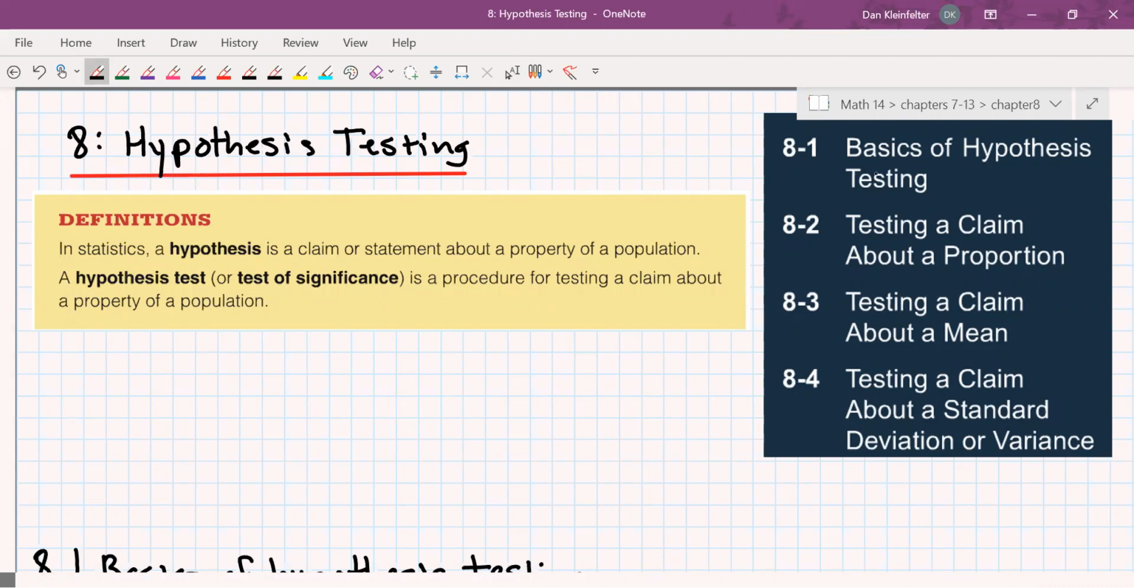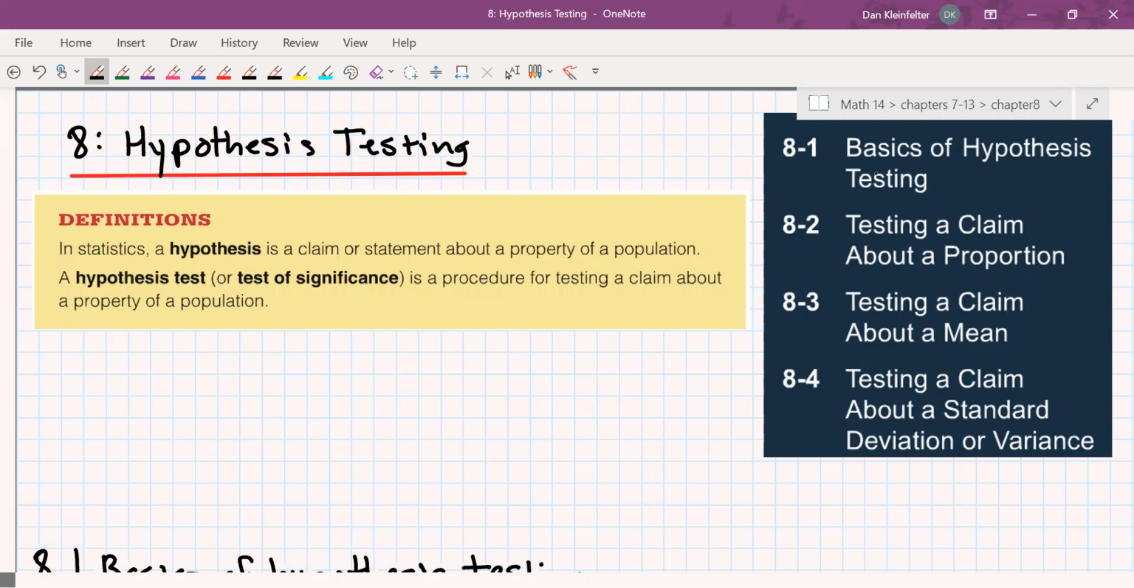The first section is kind of introductory. As is usual, it says basics of hypothesis testing. In this section, it's more conceptual than a lot of the chapters we've done so far. So there's more definitions and ideas in this chapter, or in this section of the chapter. And then once we've gone through 8.1, which will take some time, we'll be ready to do 8.2, 3, and